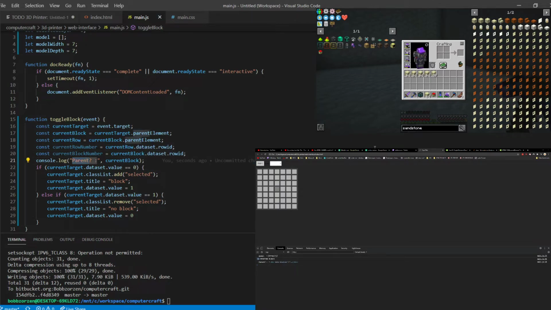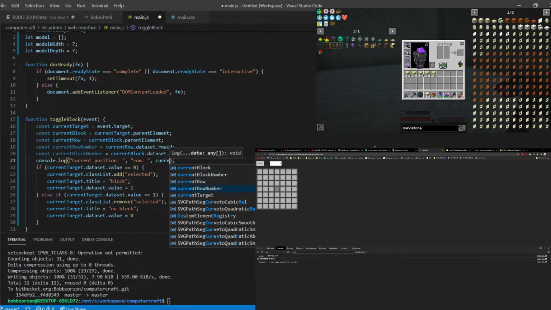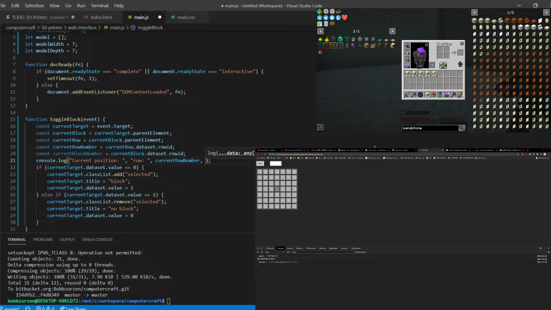So if we say current position equals row, comma, current row number followed by block, current block number. So hopefully now,